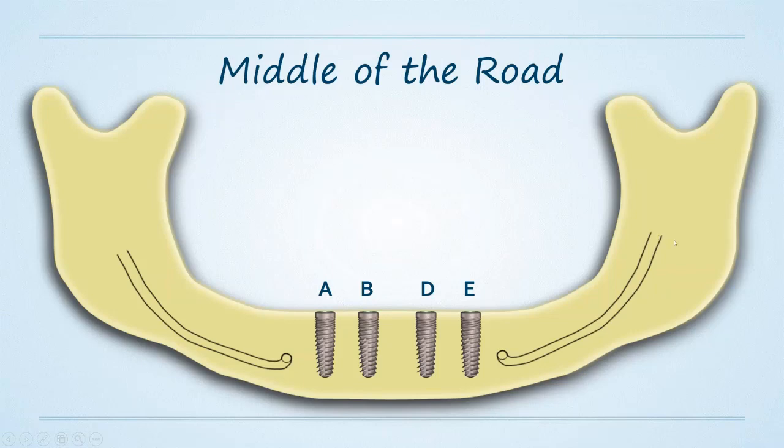What I know, after treating a lot of these patients, is that the anterior mandible is an extremely safe position for me to place dental implants. Not a lot of anatomy. Yes, there's blood vessels. Yes, there's nerves in there. I have to be a little bit careful, but for the most part, it's a very safe place to put implants. If I can put 4 implants in this configuration that you see here, the results with my patients are